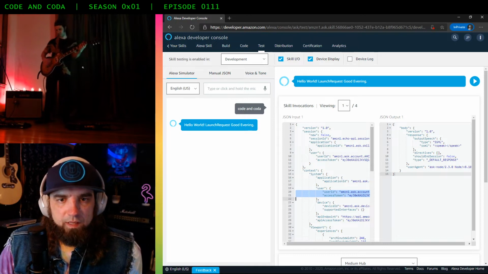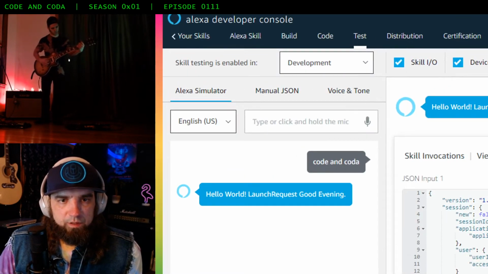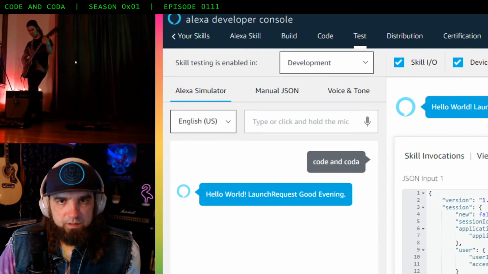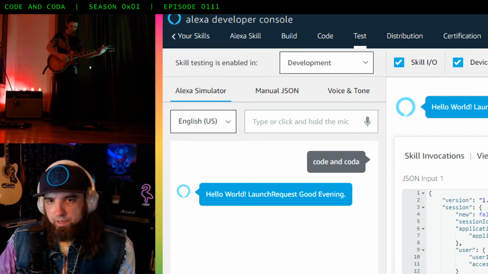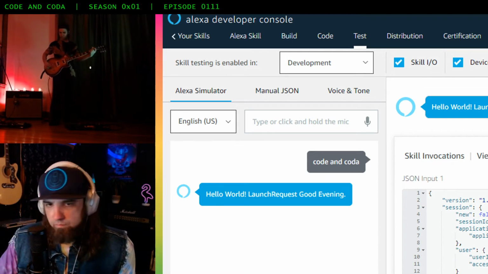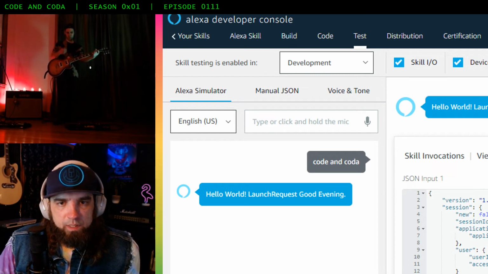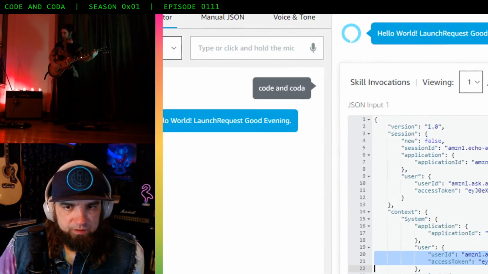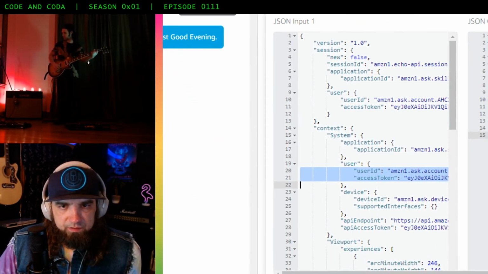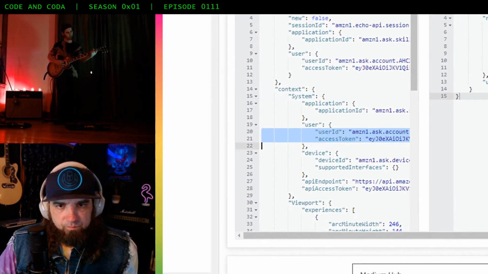So the way that it does that, if we come back now to our testing console, type in our invocation phrase, we get a response, but notice the request that is sent is a little bit different here.